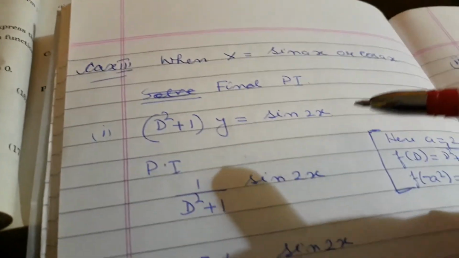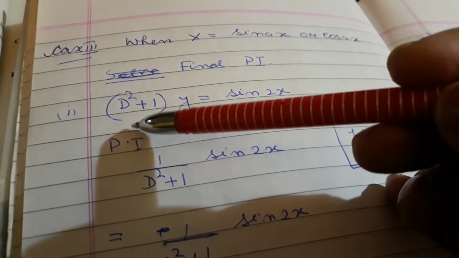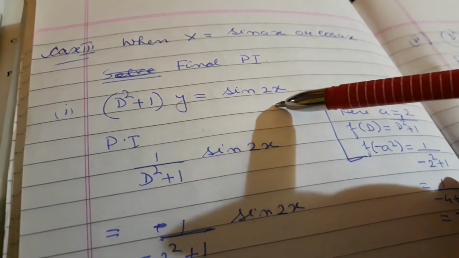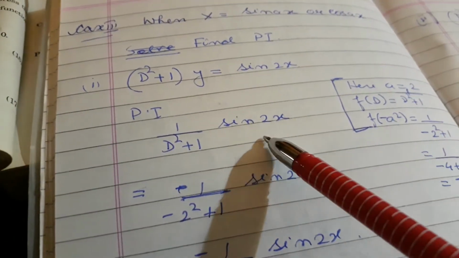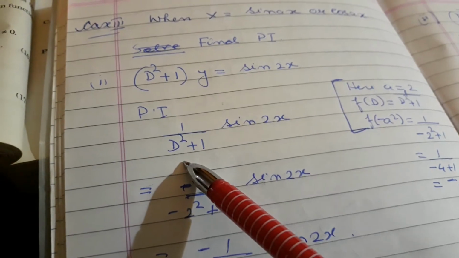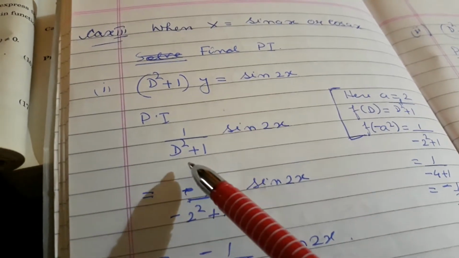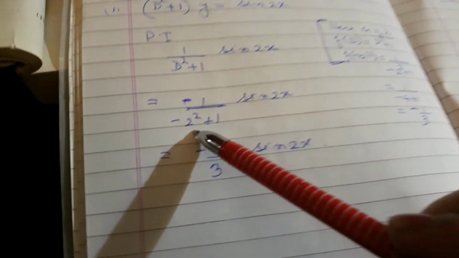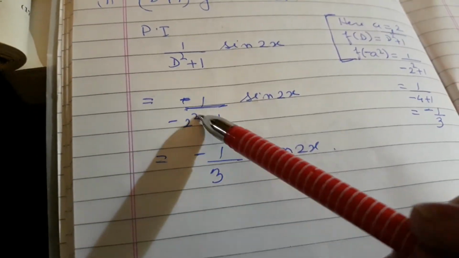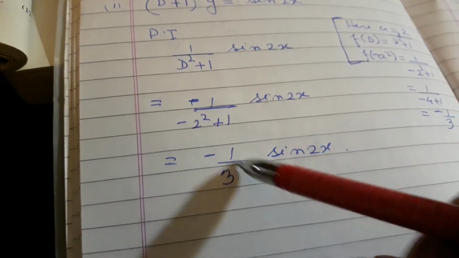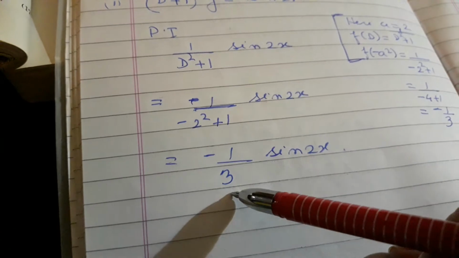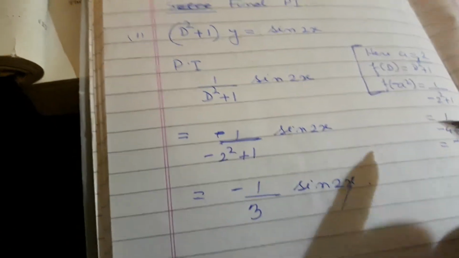I have done a few for you. First, let us talk of this example. Straight away, D square, this is the particular integral. See this example. What is a here? a is 2. And this is a function of D square. So you straight away replace D square by minus 2 square. Minus 2 square, see? It is not minus 2 whole square. That doesn't make any difference. Minus 2 square. So now this is minus 4 plus 1. It's 1 by that, and this is the particular integral, as easy as this.